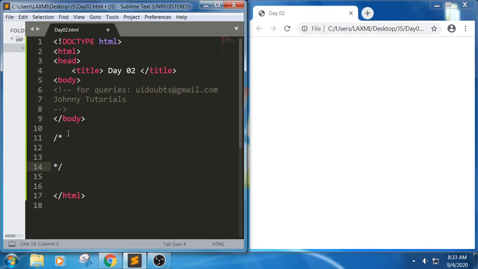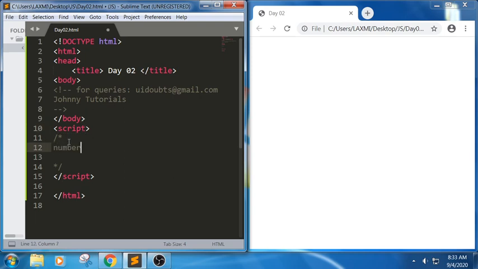Because we should always include this in a script tag. The very first rule in JavaScript is that everything should be enclosed in a script tag open and script tag close. By default, the script tag will have type equals to text/JavaScript, but we need not write it in the latest versions. In the script tag open and close, let me write the first data type.